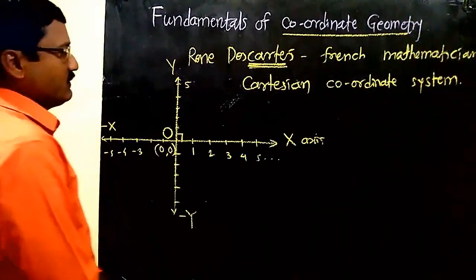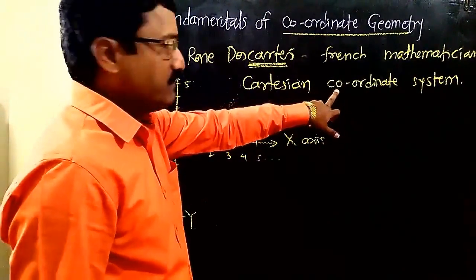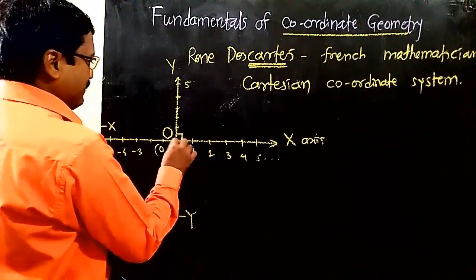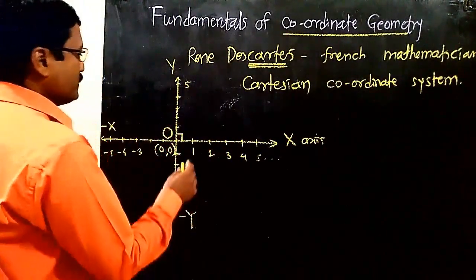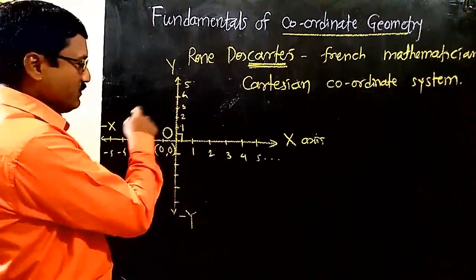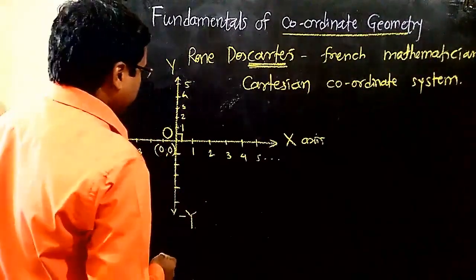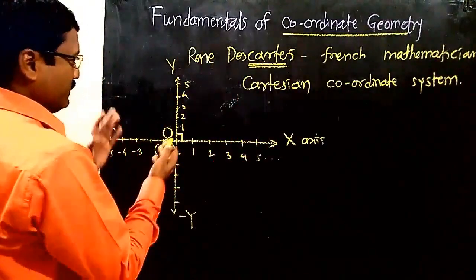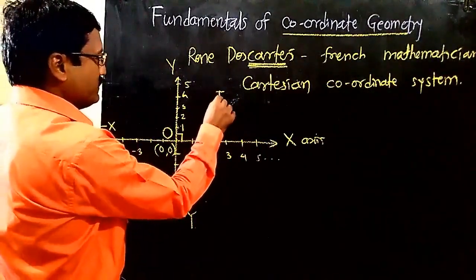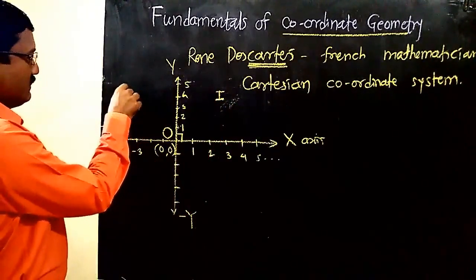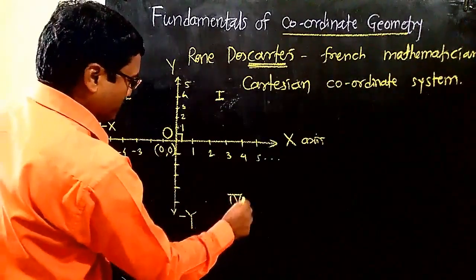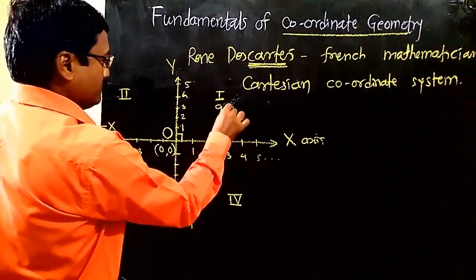Now this is the coordinate system. Co means double coordinate system. So in this system every point is associated with a pair of numbers, even though that point may be on x-axis, y-axis, or it may be outside these axes. Obviously this plane is divided into 4 parts because of these two x and y axes. So this part is called the first quadrant, this the second quadrant, this the third quadrant, and this the fourth quadrant. These are quadrants.